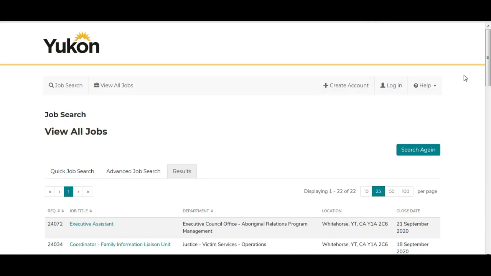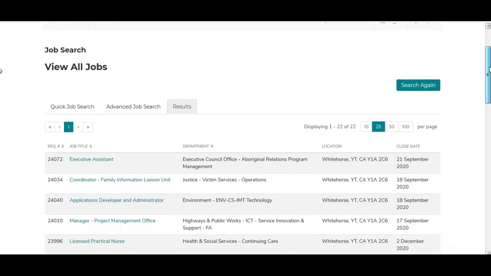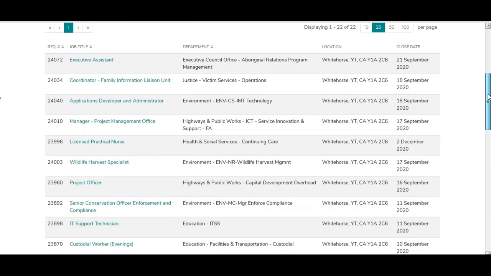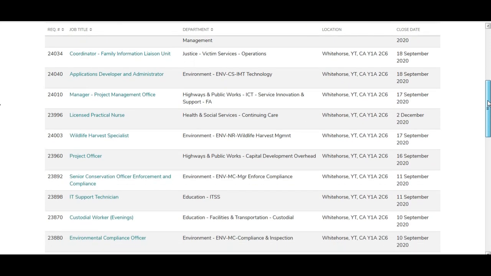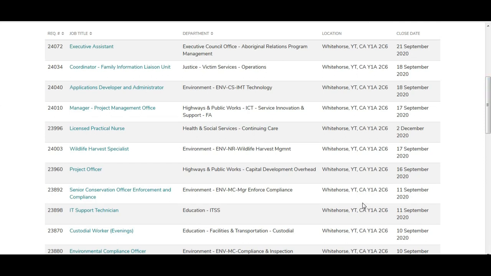Okay, now let's see the Yukon Job Portal. This is the official website in which you will find various jobs related to your field. For example, this job is for an executive assistant. This is for a licensed practical nurse. This is for a project officer, and this is for an IT support technician. As you can see, most of the jobs are in the Whitehorse participating community because it is the